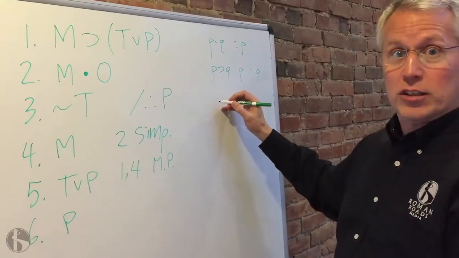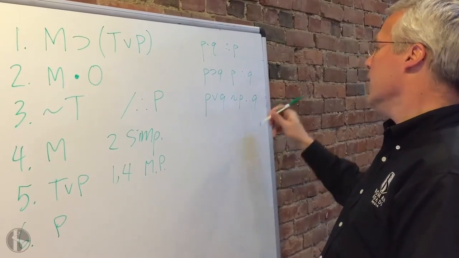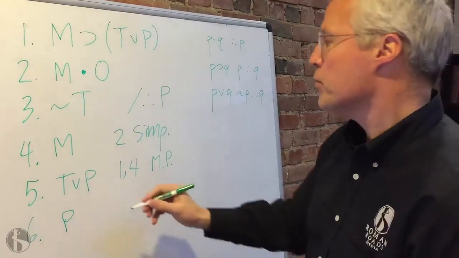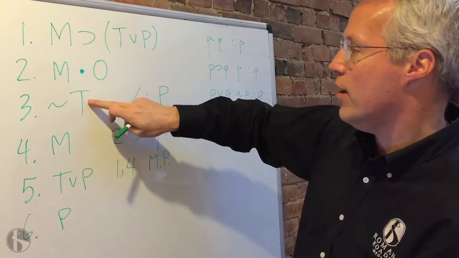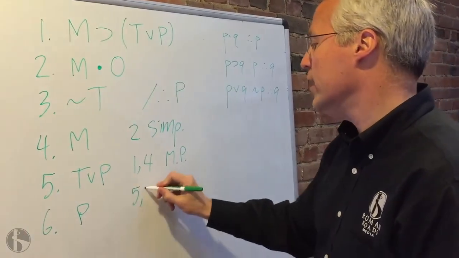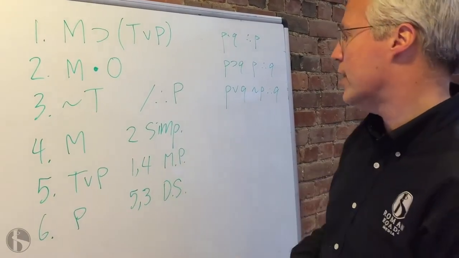This is the rule of disjunctive syllogism that says P or Q, not P, therefore Q. In this case, T or P, not T, therefore P. But notice the order I'm doing this one in. I'm doing premise 5 and then premise 3. And so I need to say 5, 3, and then I did a disjunctive syllogism to get that P that